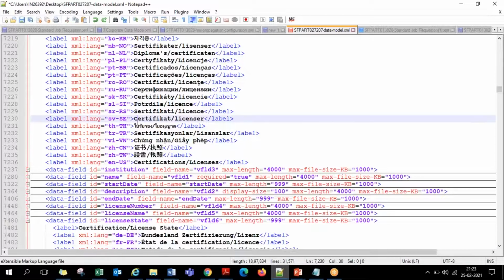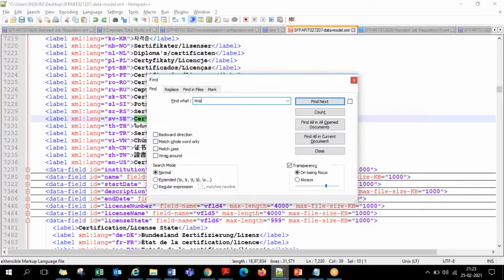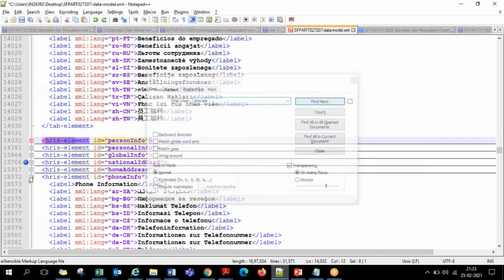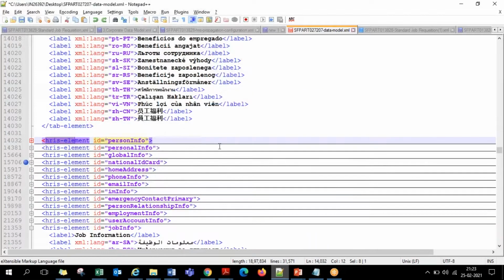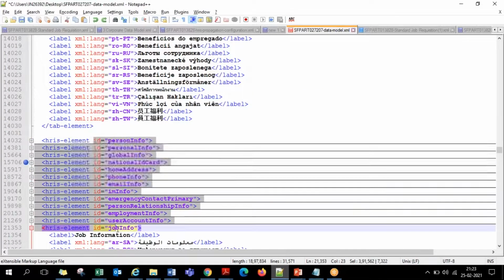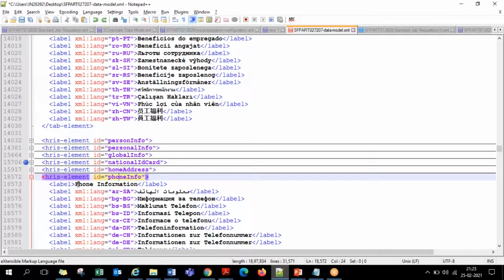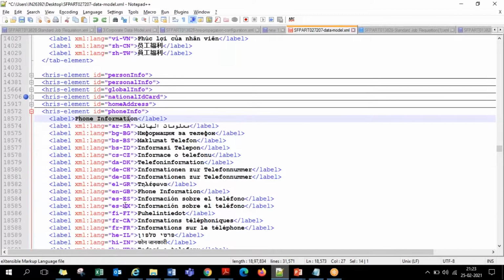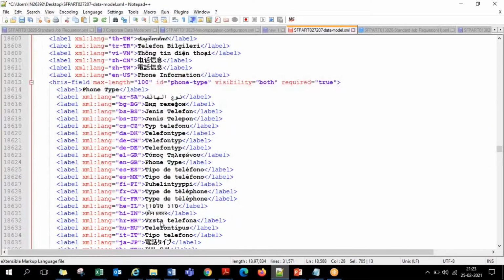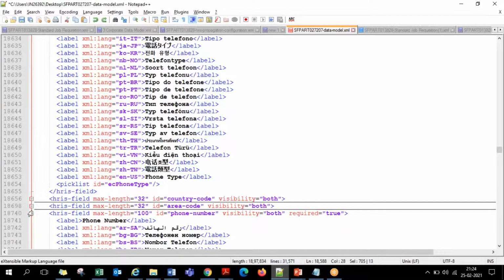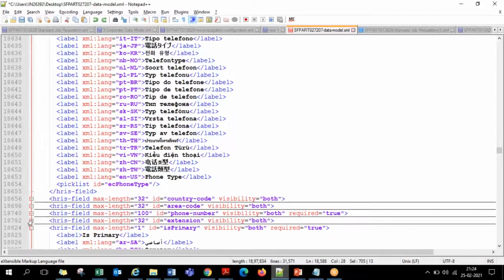The same structure we'll also see for HRIS elements. The same structure is seen for these HRIS portlets, which also have a similar structure. First, when you expand a portlet, you'll find the label of the portlet along with its translation in multiple languages. Then the fields of the portlet, one by one, you will find the fields. It's all the same.